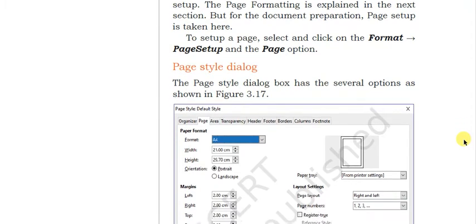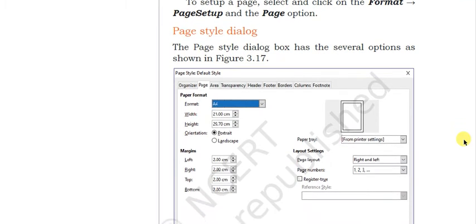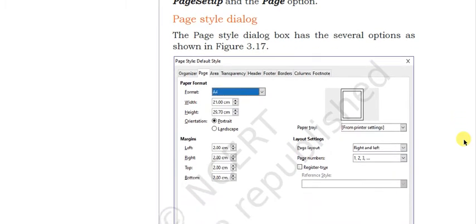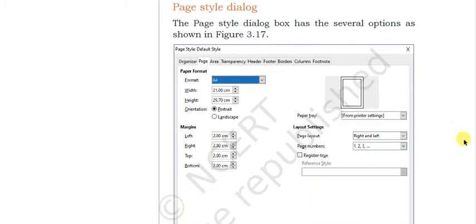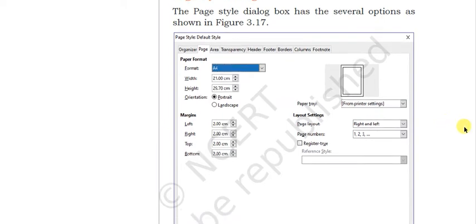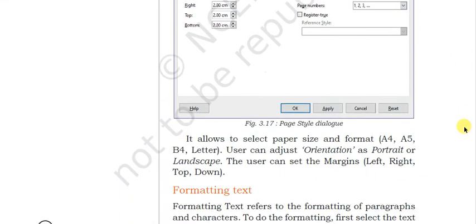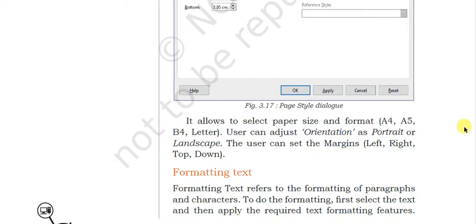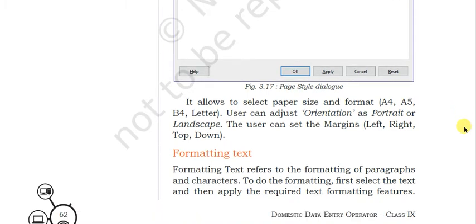So this page setup dialog box will show you all the options that you can change related to your document. Here you can change the paper type to A4, A3, legal, okay, and you can change the margins. It allows to select paper size, and you can change the orientation to portrait or landscape and adjusting of margins.